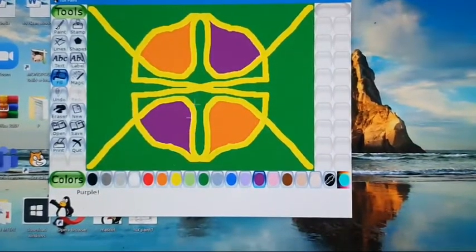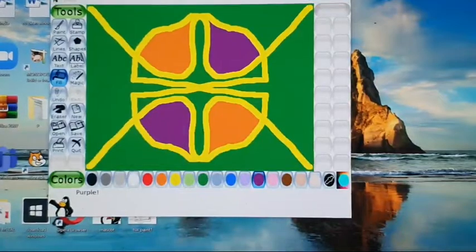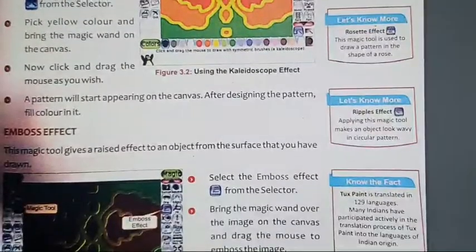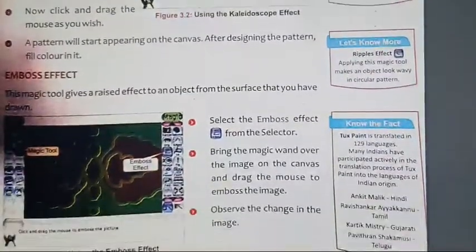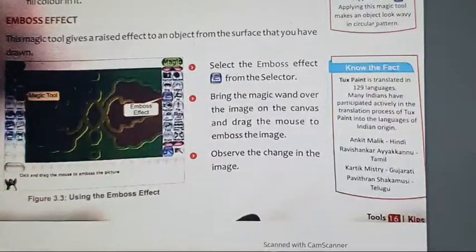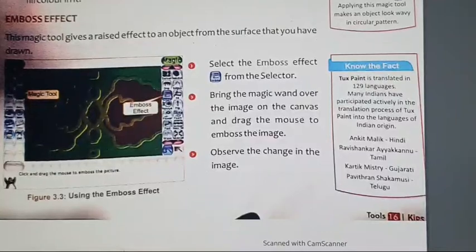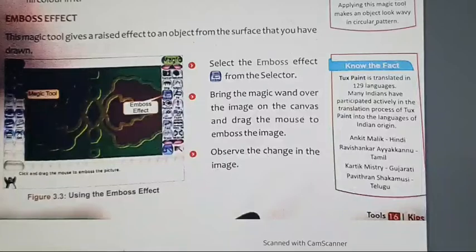Now next we are going to study the emboss effect. Now what is that emboss effect? You have seen coins. अगर आप coins पर देखोगे, that is also called emboss effect. कुछ भी coins पर लिखा है that is थोड़ा सा उभरा हुआ दिखता है हमें. Raised effect.